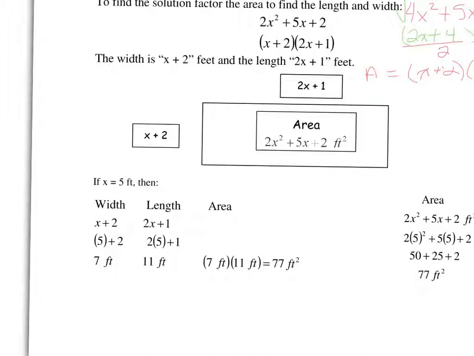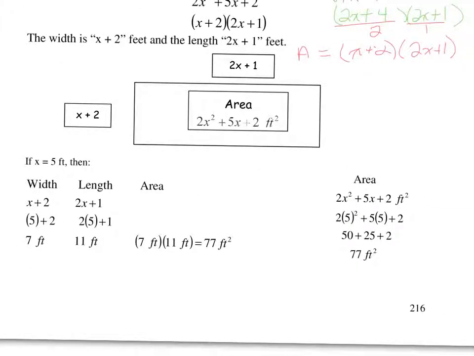When we multiply length times width, we will get an area of 77. But we should also get the same 77 just by putting the same x into the area expression. So that's what's over here. This is a check. So if the area is 2x squared plus 5x plus 2, and we substitute 5 for